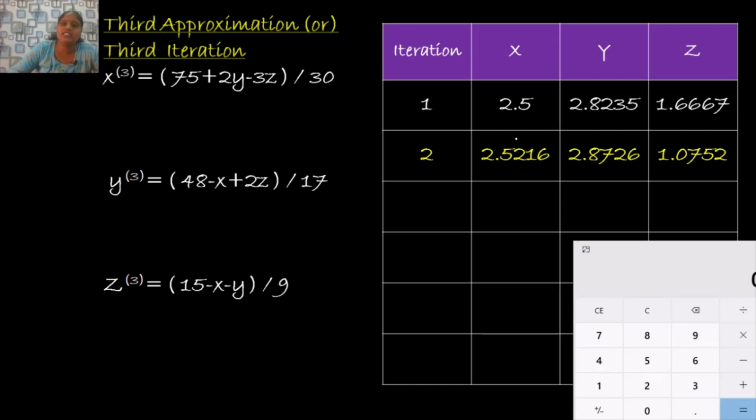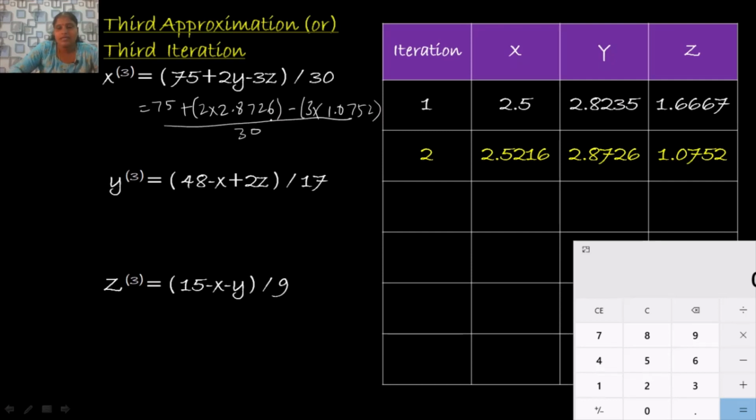In the third iteration we make use of the second iteration value to calculate the values of x, y, z. So now we calculate the value of x first. So x equal to 75 plus 2 product y value is 2.8726 minus 3 product z value is 1.0752 over 30, and simplifying this you get the value of x as 2.5840,